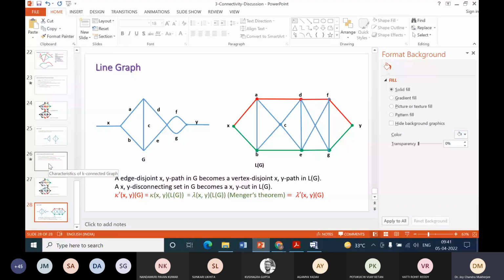So suppose we prove that kappa prime xy equals lambda prime xy. Here is the same proof. So what they have done: suppose this graph is given to us. Okay. Now,